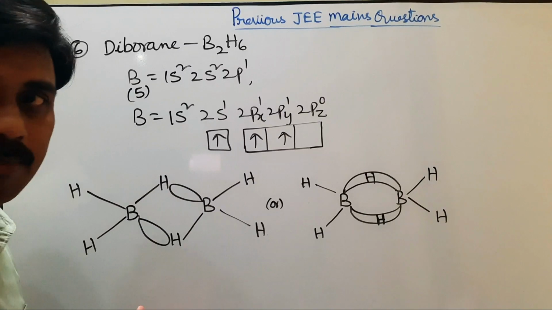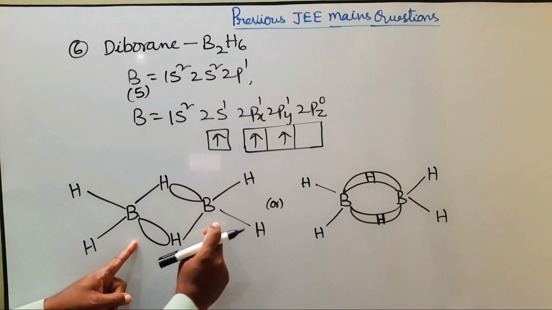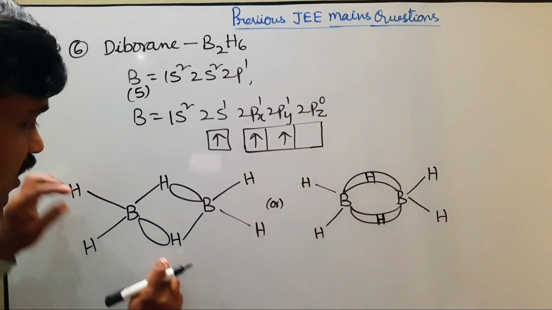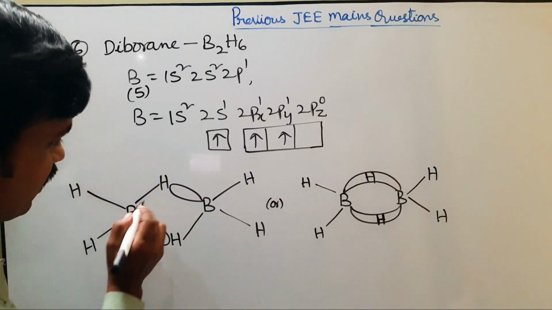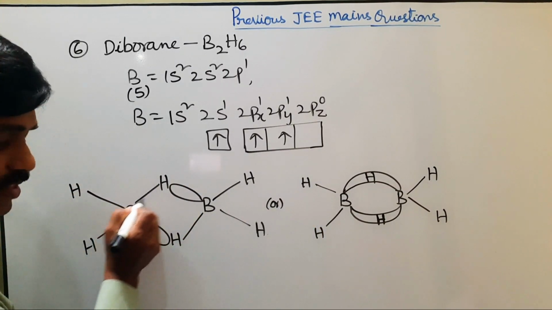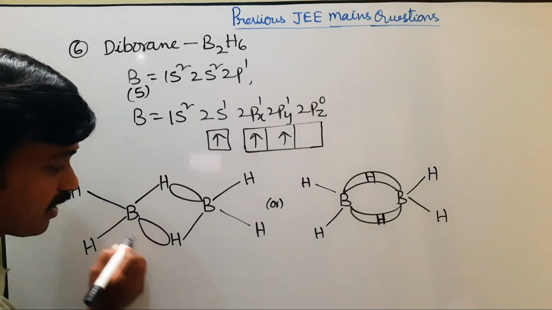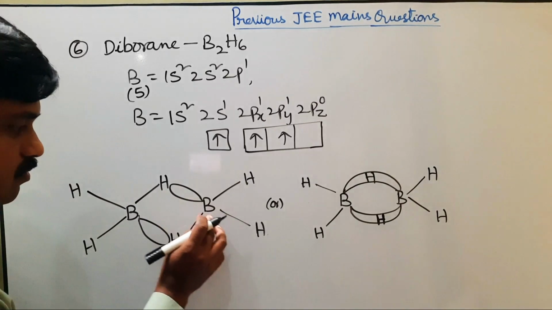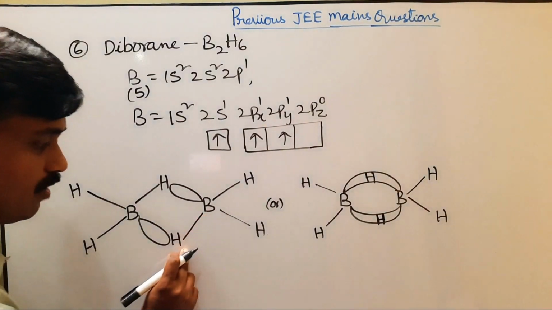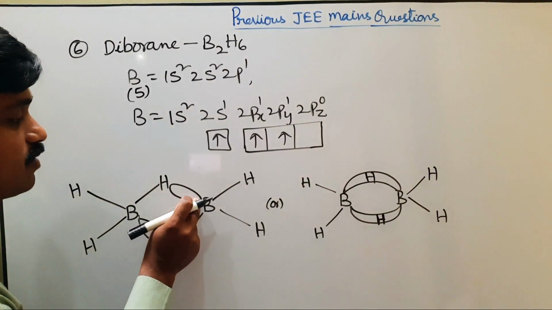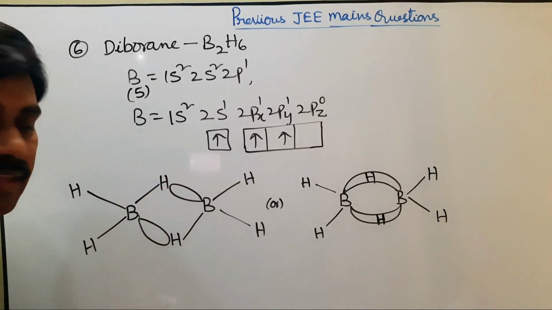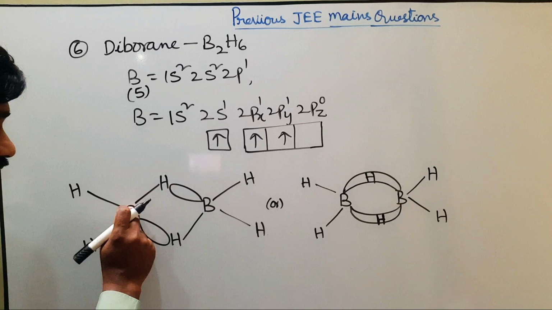Look at the structure of diborane. In the structure of diborane, the 2 borons form 2 covalent bonds with 2 hydrogens on the left side and right side, and the middle 2 hydrogens are there. This boron forms 1 covalent bond with this hydrogen, and the boron's vacant orbital bonds with this hydrogen. The second boron is also like that: 1 covalent bond with a hydrogen and 1 vacant orbital bonded with this hydrogen. Finally, BHB groups are there. In these BHB groups, 3 centers are there.